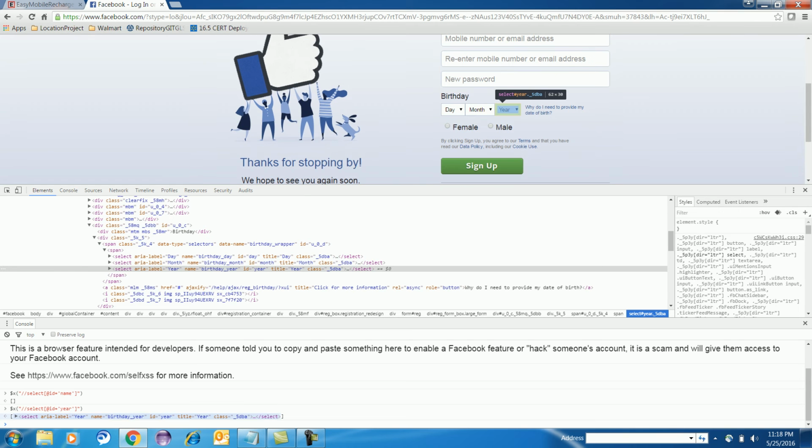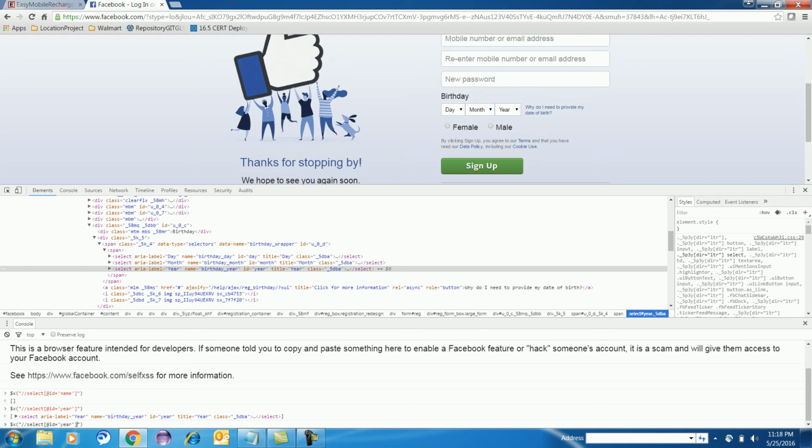So if I place the mouse here, you can see that year is getting highlighted here. Whenever I am placing the mouse here, see that year is getting highlighted, right? Now how to use preceding siblings? Preceding siblings is very simple. As I told you, when you are going from younger brother to elder brother, you can use preceding siblings.